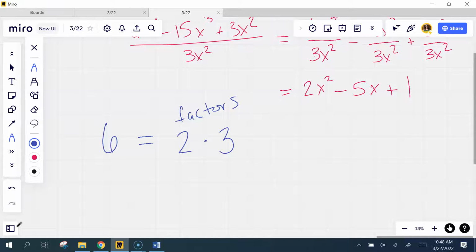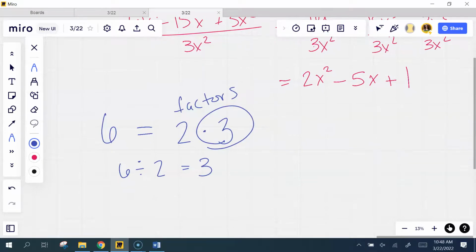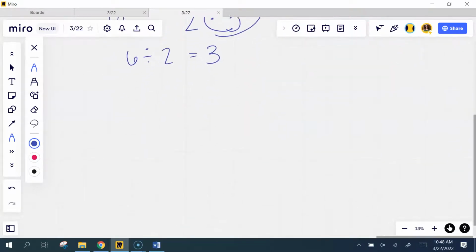Well, this means that I could rewrite this as 6 divided by 2 would give me the other factor of 3. Okay, so really factoring is a form of division. So if you look at your very first, the 3 and 4 there, it says use factoring to divide the polynomials below. So what that means is if I have,